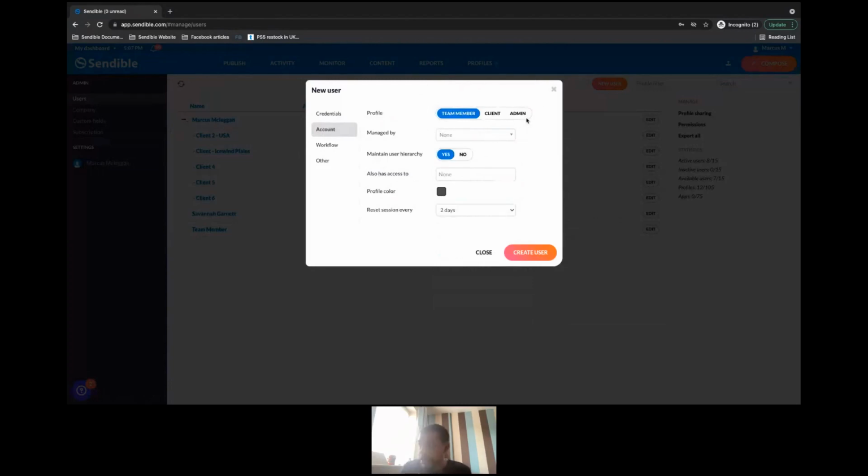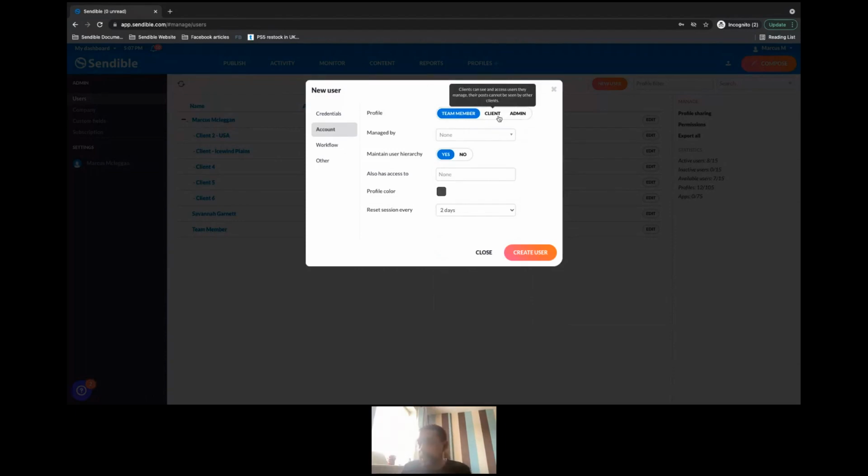So let's just remind ourselves that admins can view this manage user area. They have access to your subscription details and also will be able to impersonate all of the users in their dashboard. A client is a user that will only be able to see their own dashboard.